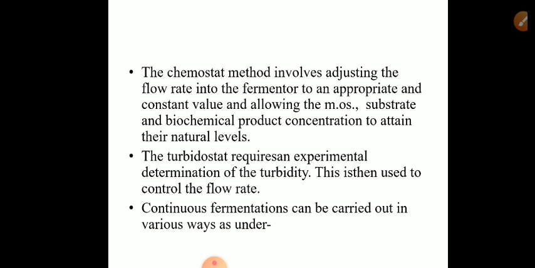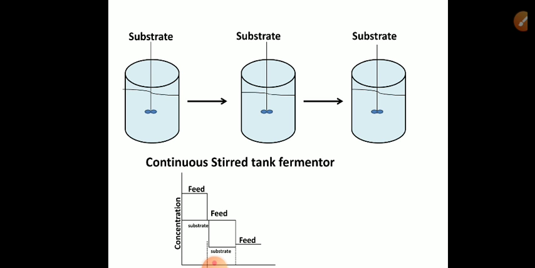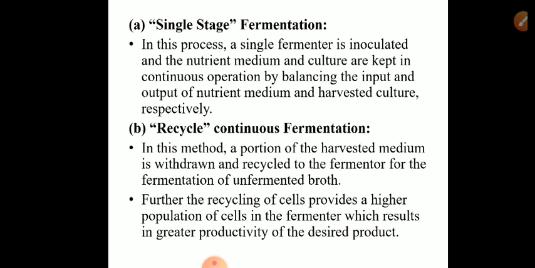Right. So by using a chemostat or a turbidostat, we can achieve steady state condition or hold up the nutrient medium and microorganisms. Continuous fermentations can be carried out in 3 different ways. Here you can see we have shown 3 different tanks, right? And the process is continuing, right? Substrate and feed level is maintained so that the substrate level and the product level are the same in a tank. Now it is operated by 3 different methods: single stage fermentation, recycle continuous fermentation, and